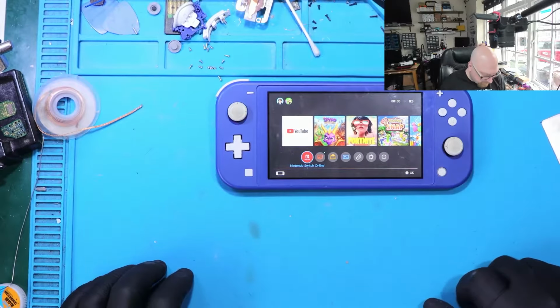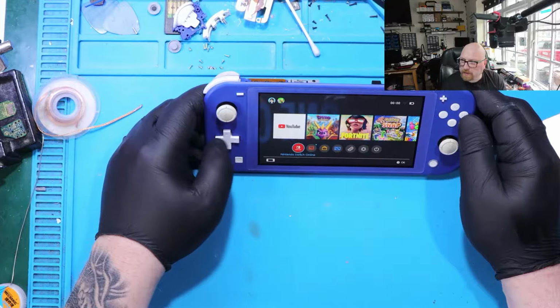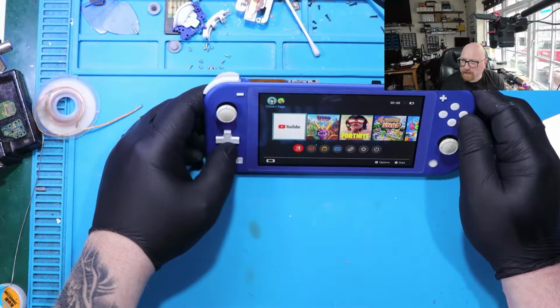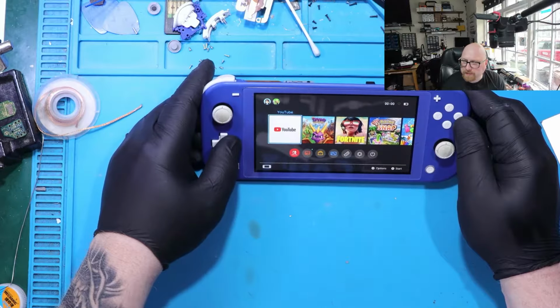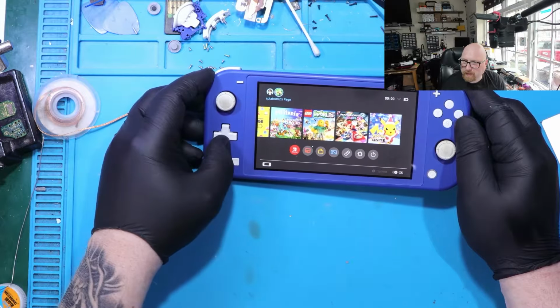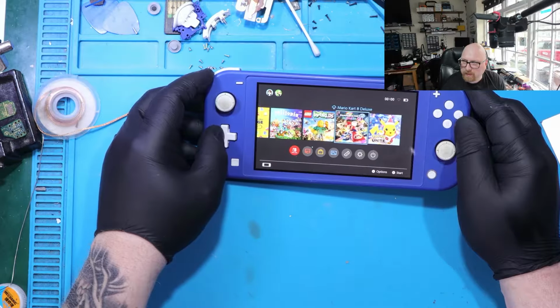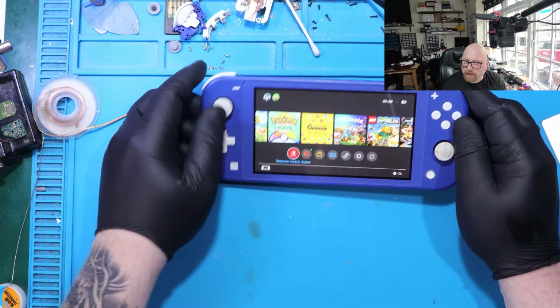Unbelievable. There is a problem, only one button doesn't work. This button doesn't work. So I think I need to replace,